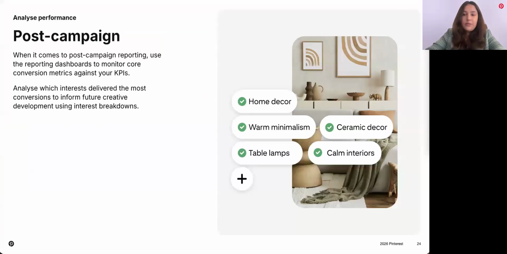So even with automation, you aren't flying blind. You can use the reporting dashboards to see interest breakdowns. As an example, you might see in your campaigns that your home decor category drove 5,400 conversions, while your ceramic decor drove 1,500 conversions. The way you use this data is then to inform your next batch of creative, leaning into themes that are working. Next, I'll walk you through the reporting dashboard on Ads Manager,